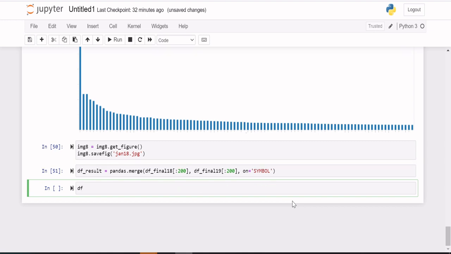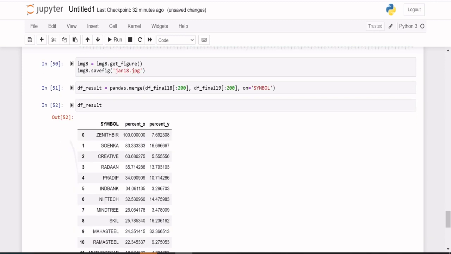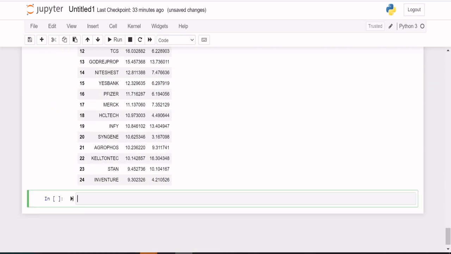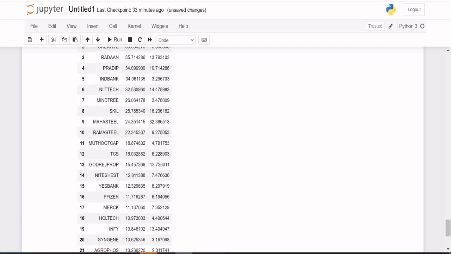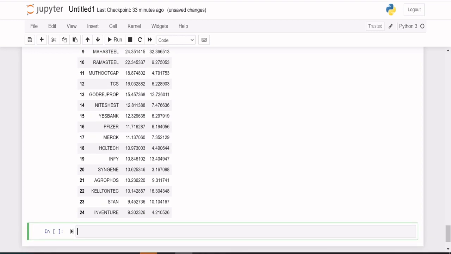Now if you see df_result, in total we had 24 companies in the top 200. Here I have percent_x which is 2018 and percent_y which is 2019. HCL Tech in 2018 grew 10% in January, and in 2019 it grew only 4%.